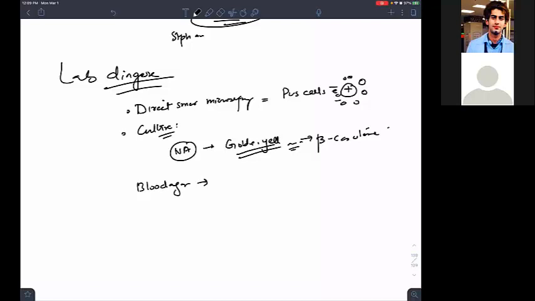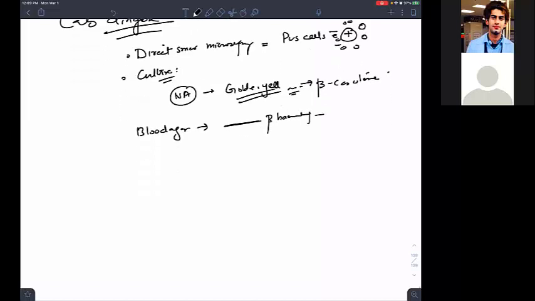On the blood agar, I will be appreciating some narrow zone of beta hemolysis. If I take a selective agar, what are the selective agars for me? I have mannitol salt agar. What else? Salt milk agar. What else? Ludlam's medium. So these also I can use. In the mannitol salt agar, we said we depend on lactose fermentation, pink coloration, isn't it?